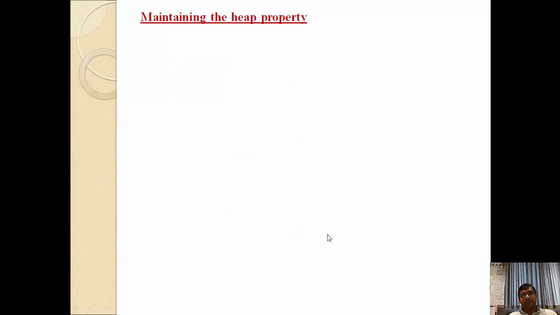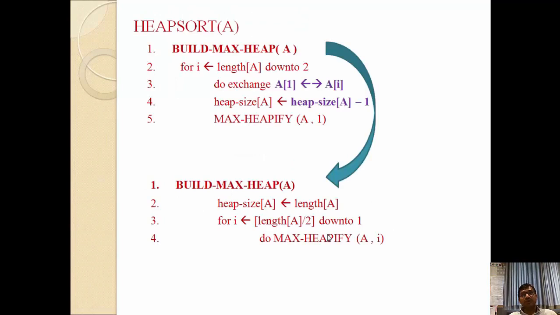Once we convert into a max heap tree, at that time we have to go back to the max heapify function, and from this we need to go back to the main function, that is the build max heap function. Now once we get our tree as a max heap tree, then we need to start with I equal to length of A down to 2. Then we have to exchange the root node with our last node. So as we discussed, once we get our whole tree as a max heap tree, at that time our root node has the largest element.